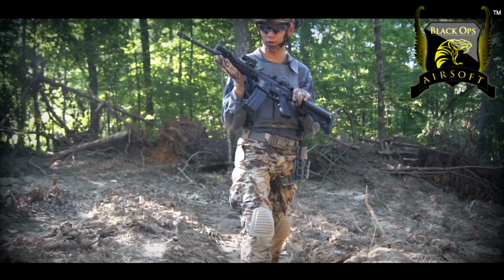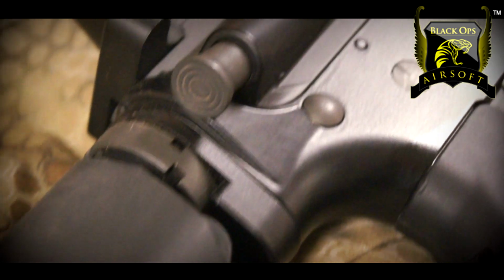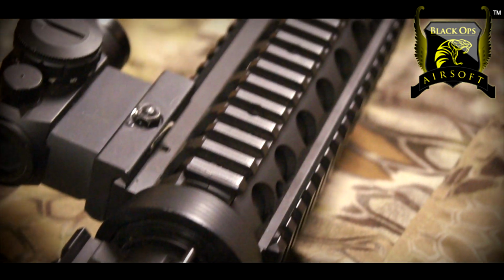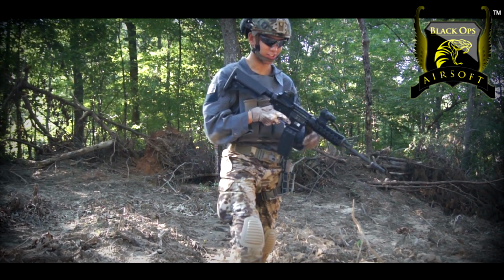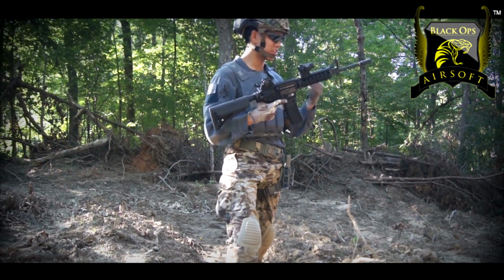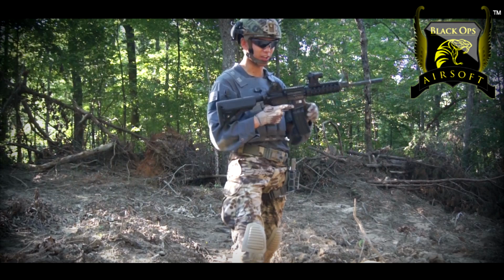Now, not a lot of people have heard about this, and the first generation version was okay. This is a Sopmod, so it's basically got the crane stock and the standard front rail system. One thing I did really like though is that it's a recoil gun. So as you can see, the gun definitely kicks, compared to some recoil guns on the market. One of the things I do like about it though is that it's got a really nice crisp kick, but